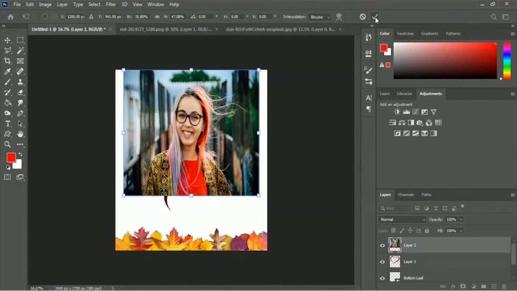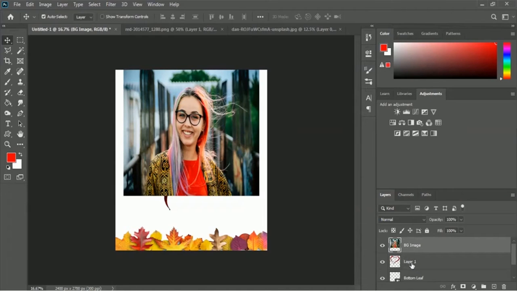Okay, so here is the tick mark, and let's rename the layers. So here is the second layer, and here is the first layer, layer 1, layer 2. Let's rename this layer 2. You just have to double click on here, and let's write a name, BG image. That means background image. And let's rename this layer 1. I want to write heart shape,